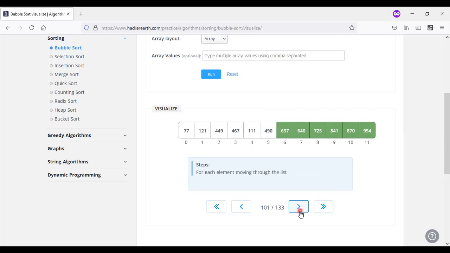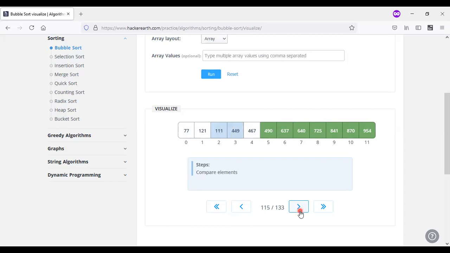5 passes have been used, and we are taking the value 77 for comparison, and then next we need to place the value 467, and we compare it with 490 here. In this pass also we need to compare. 449 has to be placed in that place.